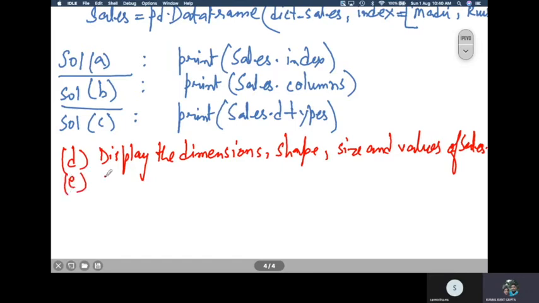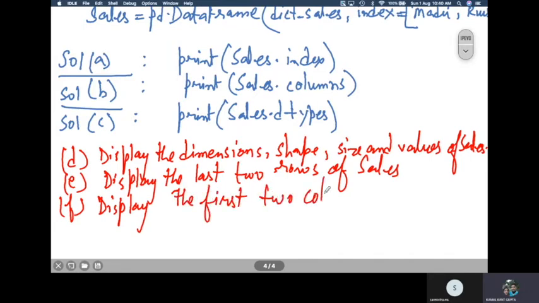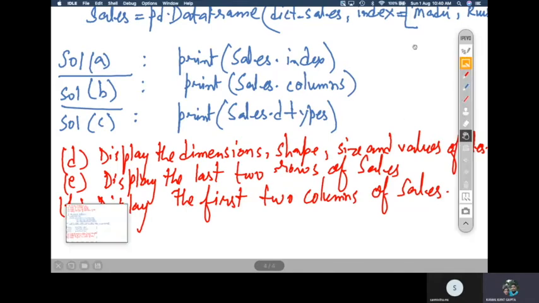And then question number E is display the last two rows of sales, right? Okay. And then we have the next question, display the first two columns of sales. And so we'll do these two questions first, and then we will move on to the next thing.